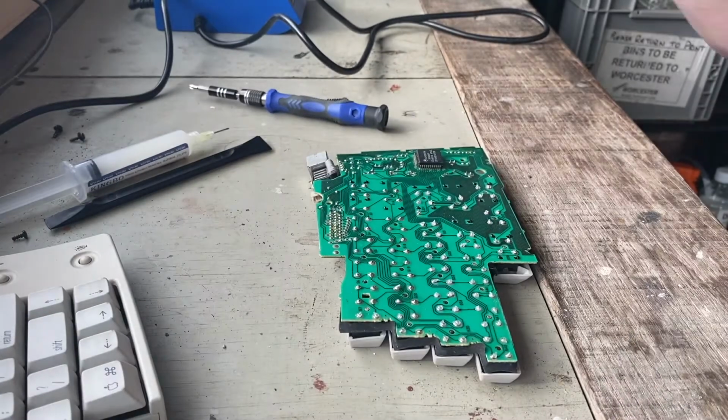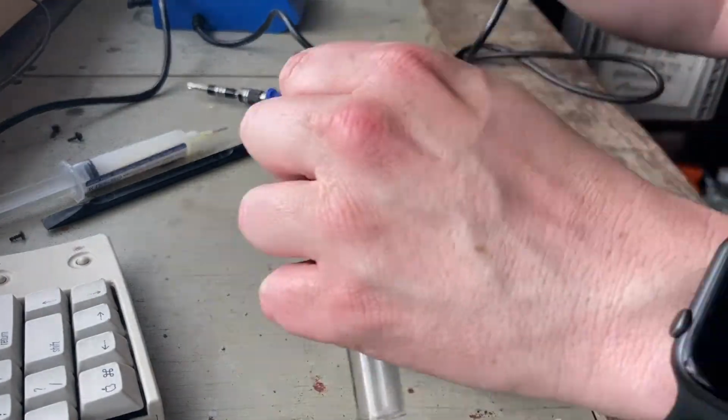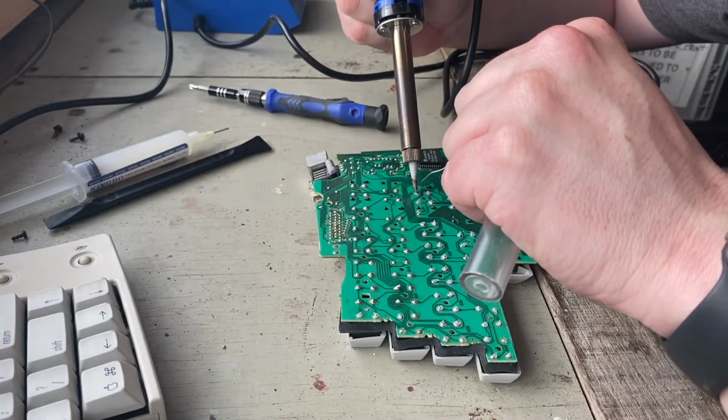Right. I'm sorry if I'm blocking the camera, I'm trying to...